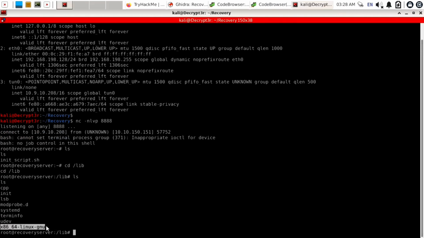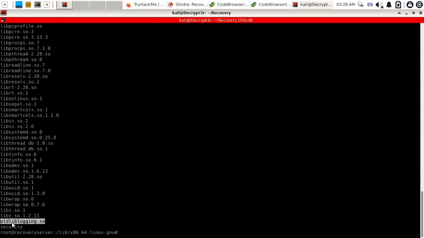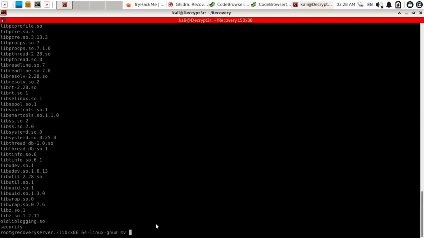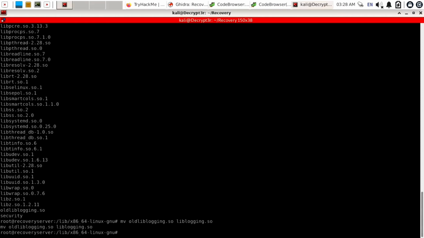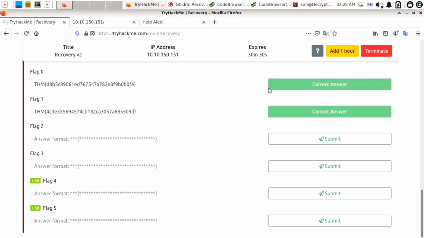So use cd, copy this folder, and paste it with Ctrl Shift V. So here is our file, old liblogging.so. Just copy this, use the command mv, then paste old liblogging.so, and we are going to rename it to liblogging.so and hit the enter button. After ls, you will be able to see we have successfully renamed old liblogging.so to liblogging.so.